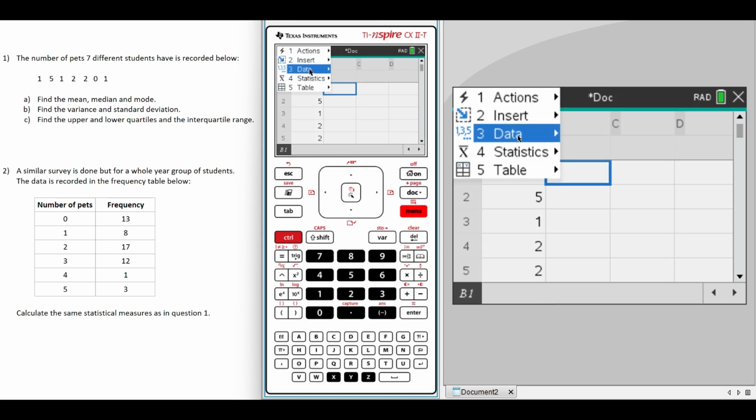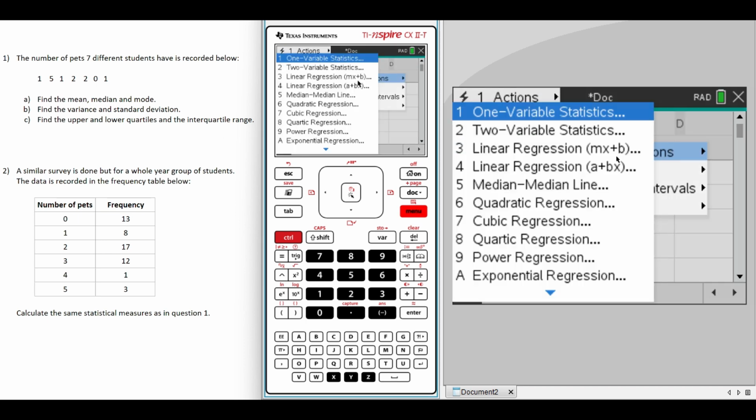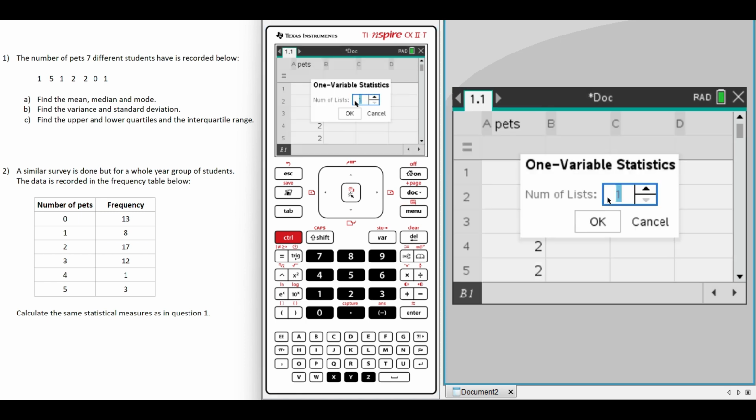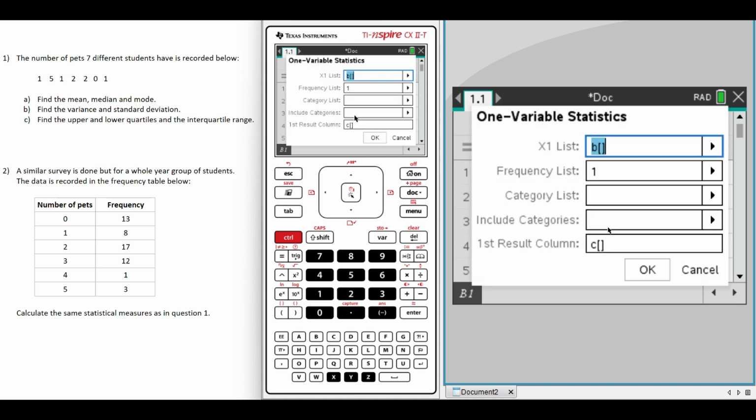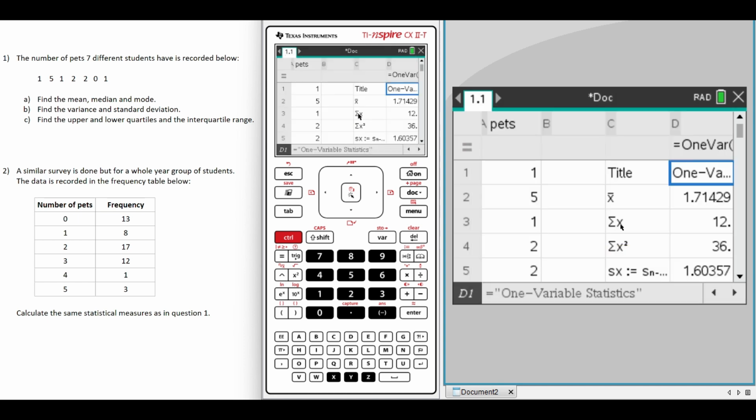If I go to Menu, Statistics, Statistical Calculations, and then One Variable Statistics, it's going to ask me how many lists of data I have. It's just one. Which is the list of data that I want to do it for? I've called it pets, so it's important to name your data so you remember what you're actually calculating the measures for. Frequency list, for now I'll just leave as 1. We'll see that in question 2 in a moment. The result column is just telling you where my results are going to come out, so make sure that doesn't overwrite anything. If I hit OK, your calculator will output